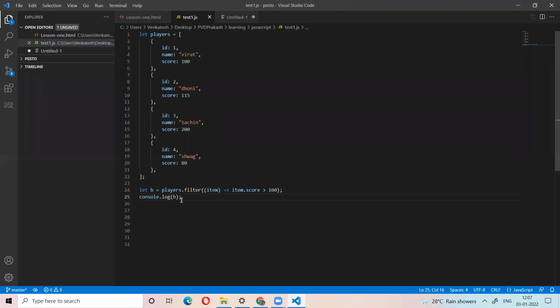For example, the first time, what will it return? 115, and the second returns 200. People get confused. For example, I have an array.